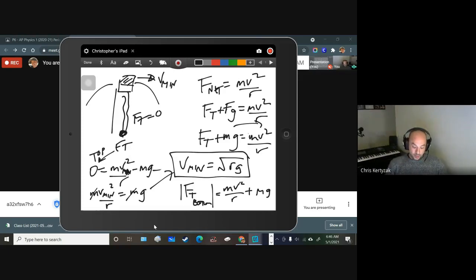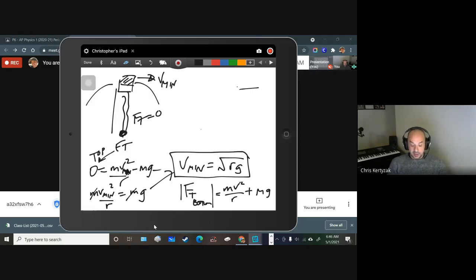So if we wanted to know what is the tension at the bottom when this thing is moving at the minimum speed, and they're going to say it moves at a constant speed, round and round it goes, but the constant speed it's moving at is the square root of Rg. It's moving at the minimum speed. If that's the case, what is the tension in the rope at the bottom? We would then have to sub this expression for the minimum speed straight in for v, right? What would we get? Ft at the bottom